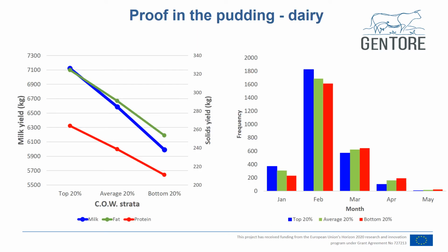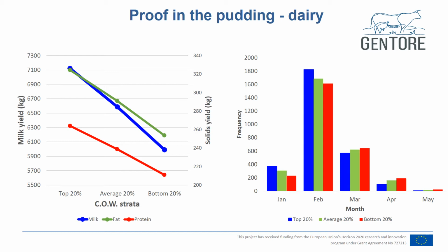And just quickly looking at some of the data, some of the validation. So this is where the animal's own data would not have been included in its derivation of its cow index. What I'm showing on the left-hand side is the milk production potential, be it milk yield in blue or fat and protein yield in green and red. And on the bottom axis is cows stratified within herd for the top 20%, average 20%, or the bottom 20%. Very, very clear that as the cow index value disimproved, then so did the milk yield, be it milk or